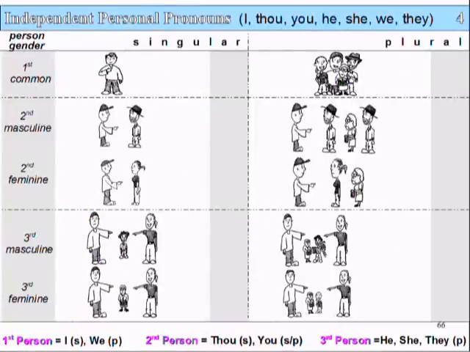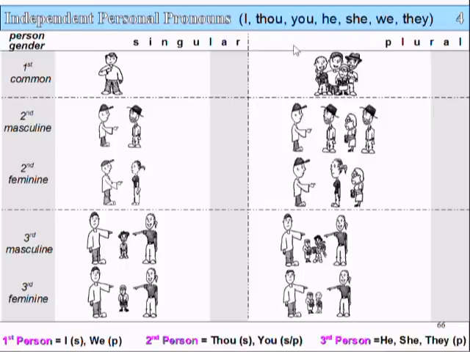Slide 66, Lesson 4, Independent Personal Pronouns. I, thou, you, he, she, we, they. In this diagram we have a number of pictures for the first, second and third person singular and the first, second and third person plural, and we'll have a look at the Hebrew words for I, thou, you, he, she,